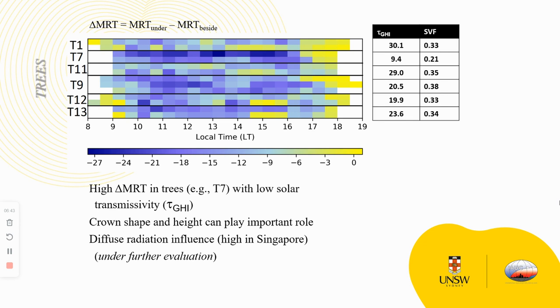MRT, we have the same way of displaying the data, where the darker blue colors show more reduction in MRT under the tree. That highest reduction is associated with trees with the lowest transmissivity of solar radiation, which is a fraction of what's under the tree compared to beside it. Tree structure matters, so we have two trees here with the same view of the sky view factor, but different transmissivities due to leaf structure, and they will have T12 compared to T1, bluer colors, so more reduction in